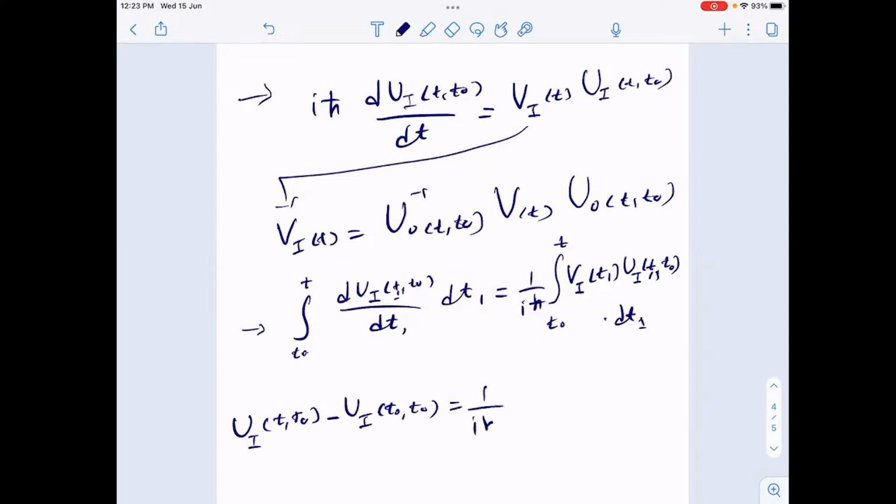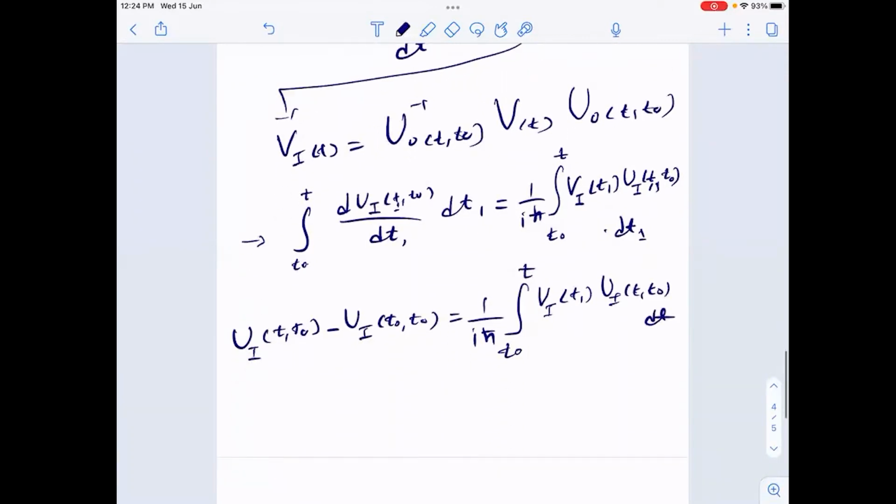1 upon iħ integral T0 to T VI T1 UI T1 T0 dt. How? Okay. What we will do is that